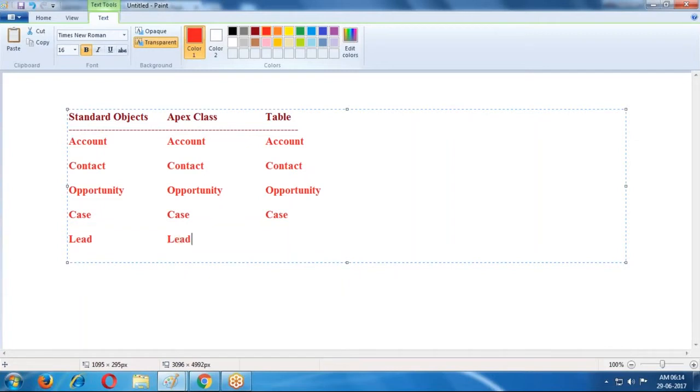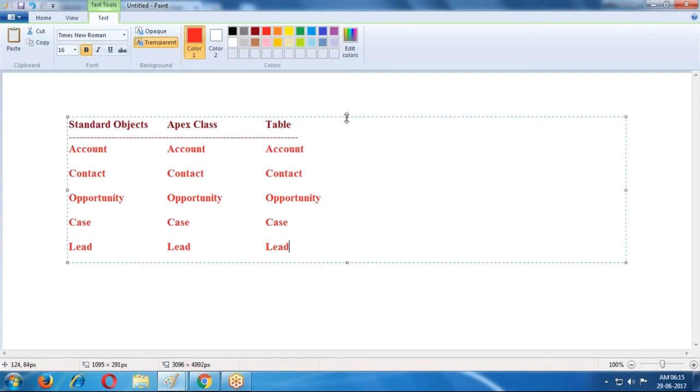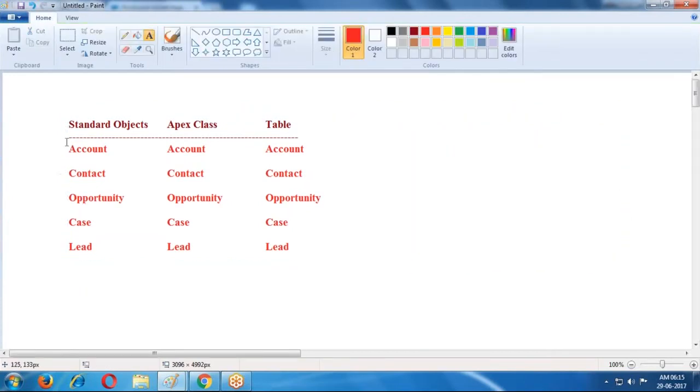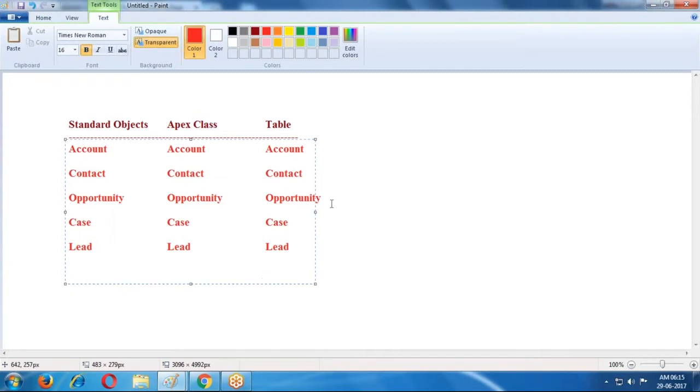If you take any object, with the same name, one Apex class and one table are contained for every standard object. The three names are the same.